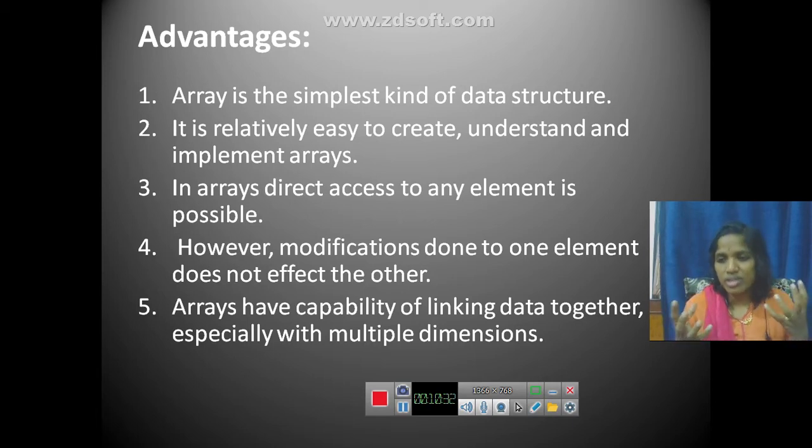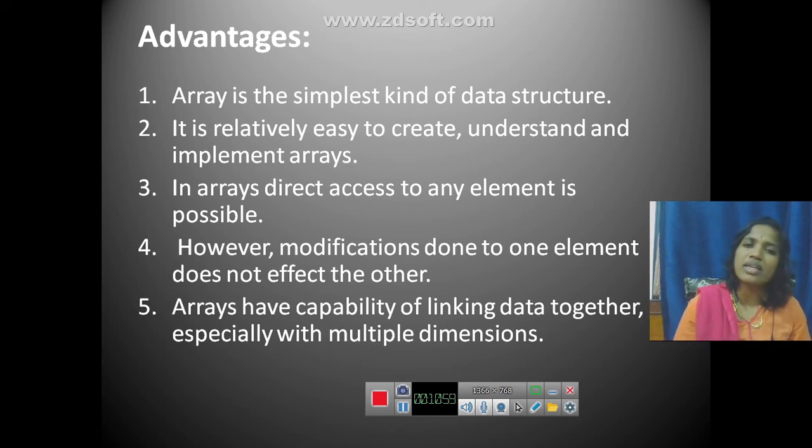It tells how you can store the data and how you can retrieve it, meaning take it out. So arrays are the simplest of all data structures. That is the first advantage.